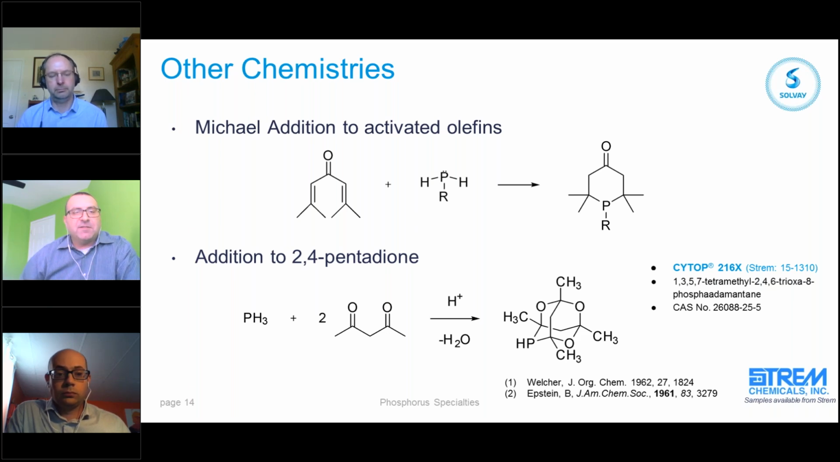We also have other chemistries available to us. Things like Michael addition to activated olefins leads to some pretty interesting cyclic structures that you see on the top here. And then, of course, addition of phosphine to 2,4-pentane dione gives this polycyclic phosphoadamantane structure that you see on the bottom right, which is another product that is quite frequently used in catalysis as a building block for some